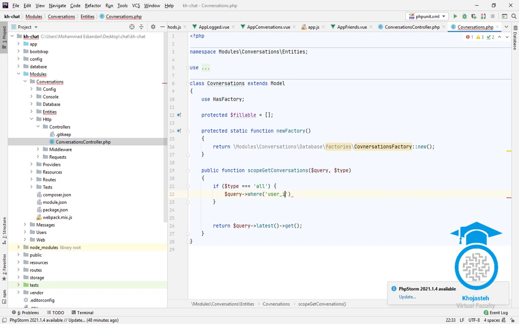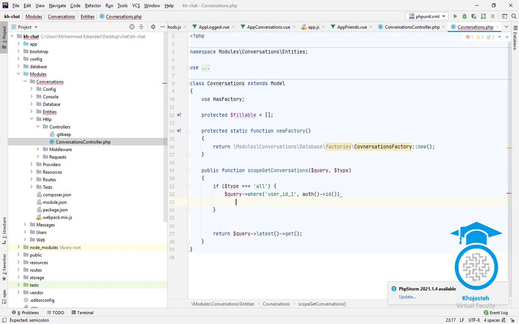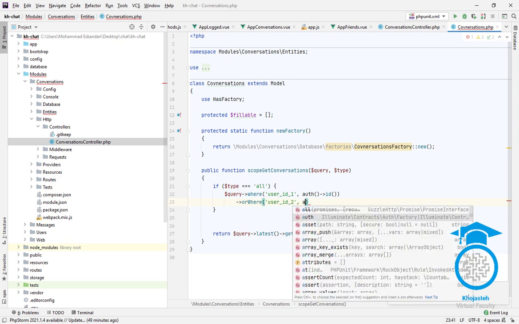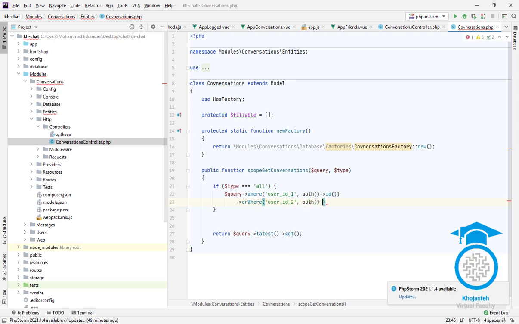So first of all, we're going to check user ID 1. We need to make sure if user ID is matched with logged in user ID, or where user ID 2 is matched with auth ID,